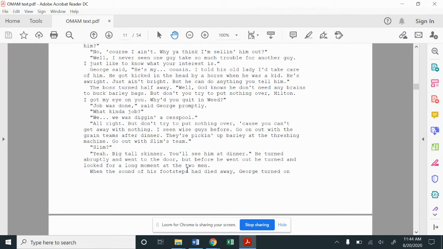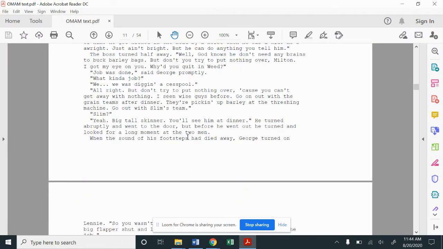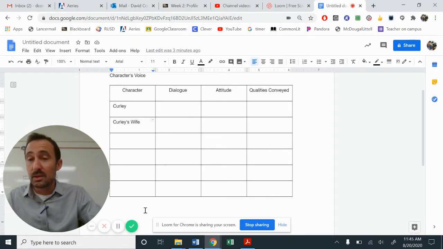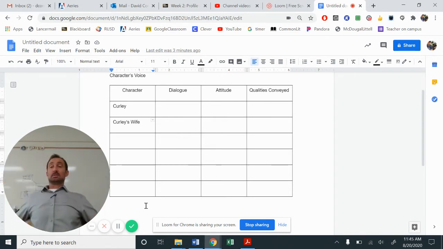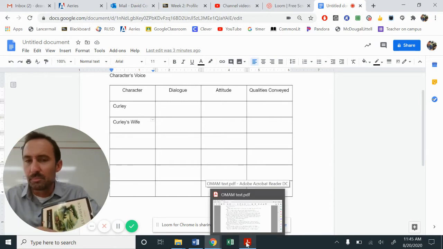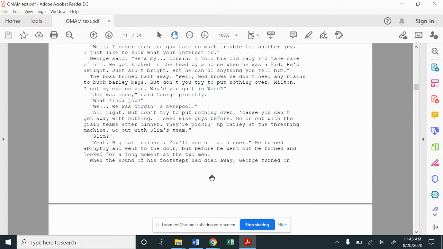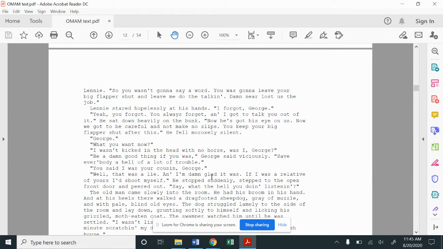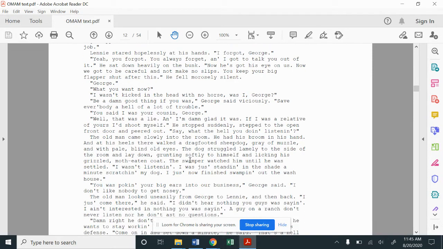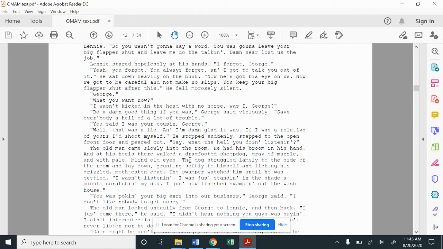Sorry. So let's see here. What kind of job? Okay. So in walks, they're also introduced to Slim. Slim is kind of like a mentor type character. He's a tall, slim guy, but he's very calm. He's very gentle. That might be a good word to describe who he is as a person. George actually depends on him quite some for kind of guidance. So if George has a question, he can't go to Lenny, he'll go to Slim.